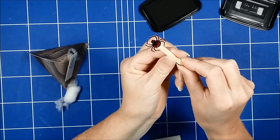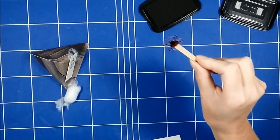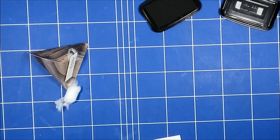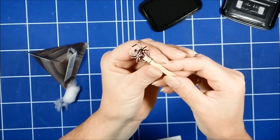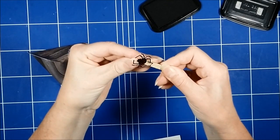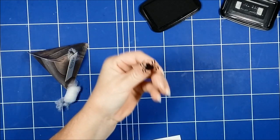Now, StazOn ink does take a long time to dry. You can leave it to dry by itself, or you can help it along with a heat tool. So what I did was I created one in advance, and this is one that I created before. Again, you can see that lovely effect with the red covered with the black ink. So I'm just going to peel him off like that,